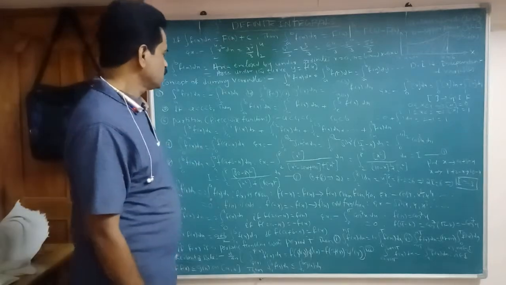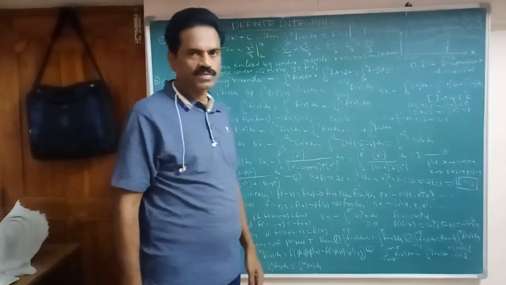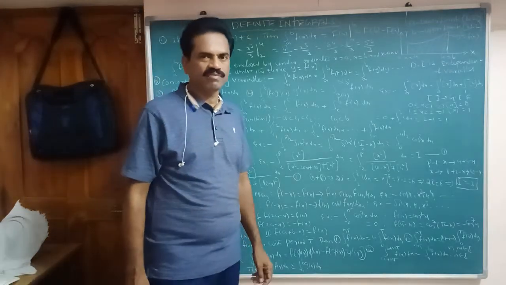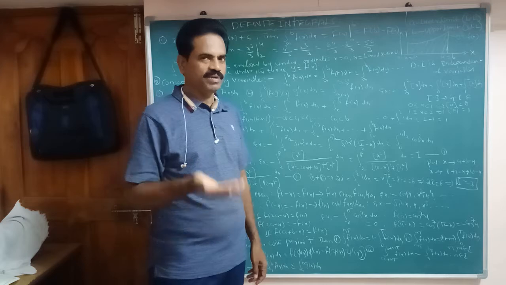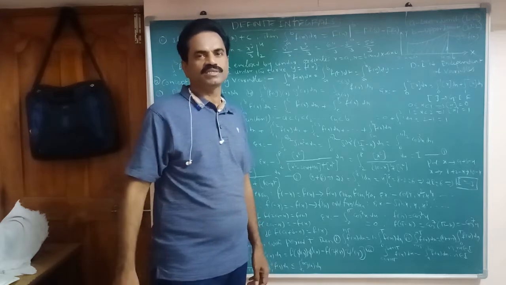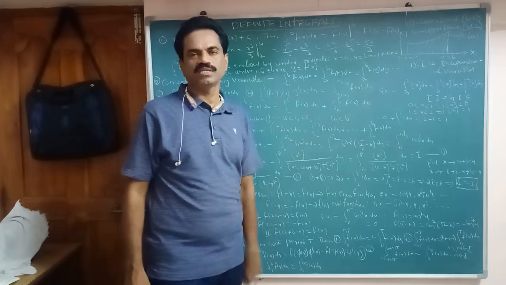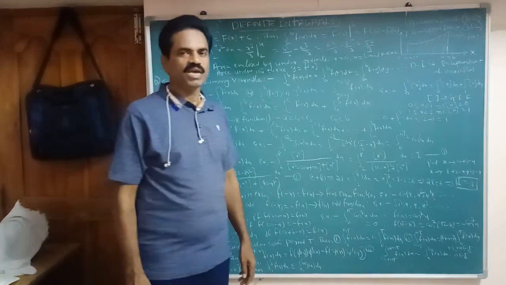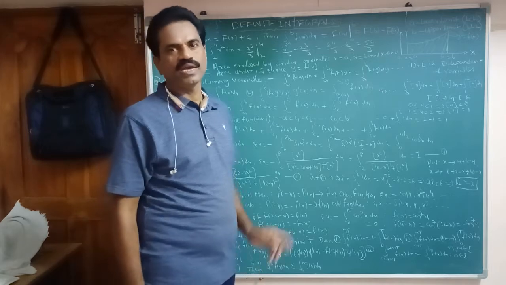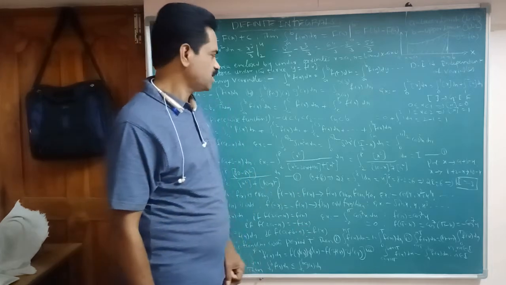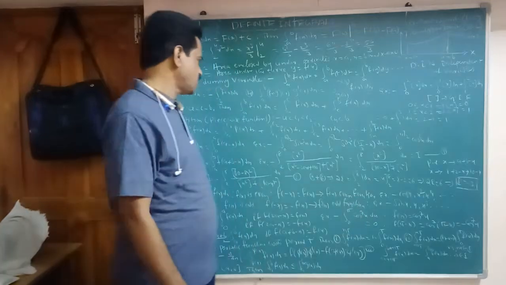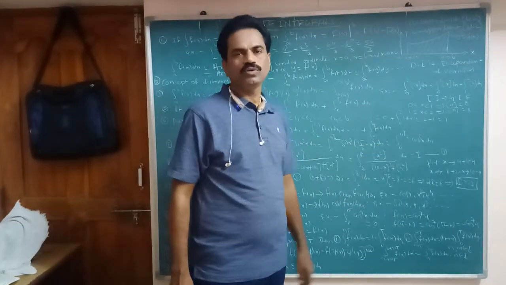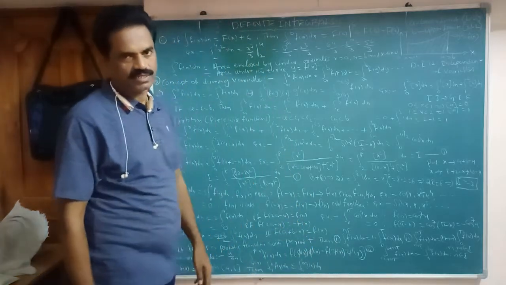You remember. So for example, see here: integral 0 to pi by 2 sin cube x dx. In place of x, a minus x is there, where a is pi by 2. So write pi by 2 minus x in place of x: sin cube of pi by 2 minus x. We know that sin of 90 minus theta is cos theta, so it is nothing but cos cube x. So 0 to pi by 2 sin cube of pi by 2 minus x dx equals 0 to pi by 2 cos cube x dx.